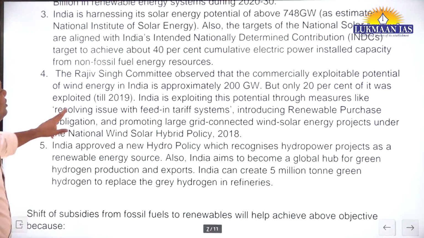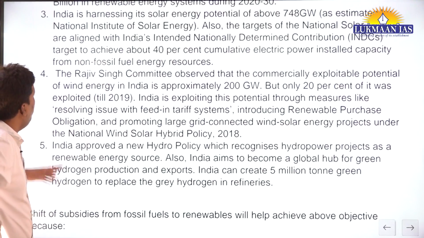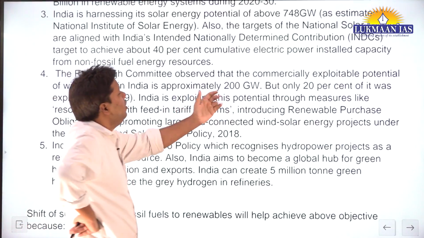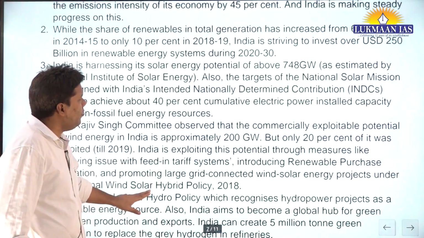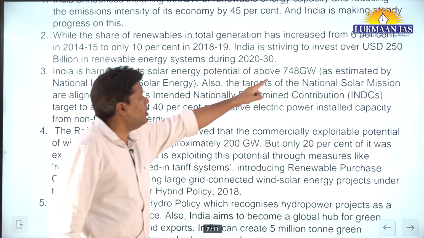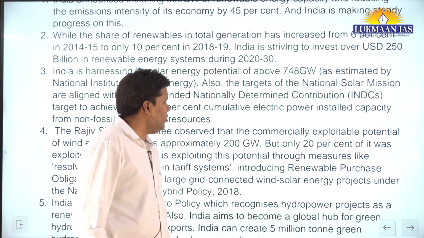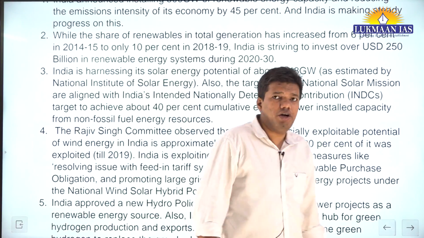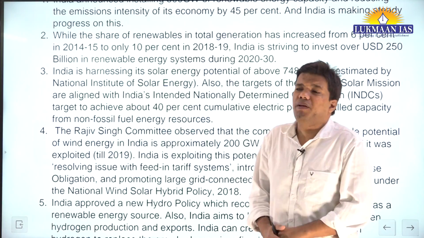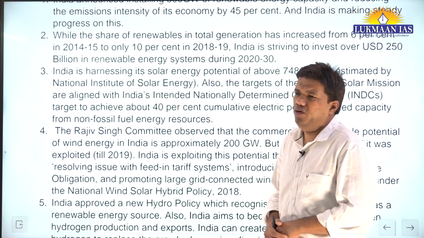Okay. Then the Rajiv Singh committee was there. It observed that the wind energy potential is approximately 200 gigawatts. So now you have an idea. My solar energy potential is 748, wind stood only 200. But see, earlier what was happening before, if I'm not mistaken, 2016 or 17,